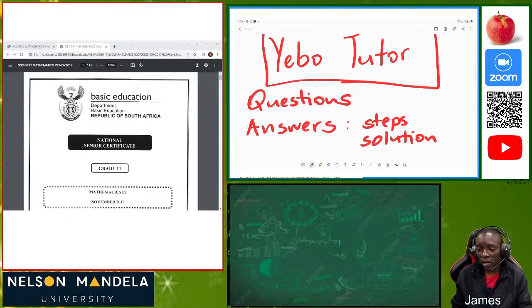So the work exercise is for you to benefit. The more you ask questions, the more you are helped, and that sticks in your memory. That goes a long way, and it will help you remember when assessment time comes. That is for your tests and exams, right? So please feel free. This is a free community, but most importantly, we expect much of Ubuntu, mutual respect among you as users.